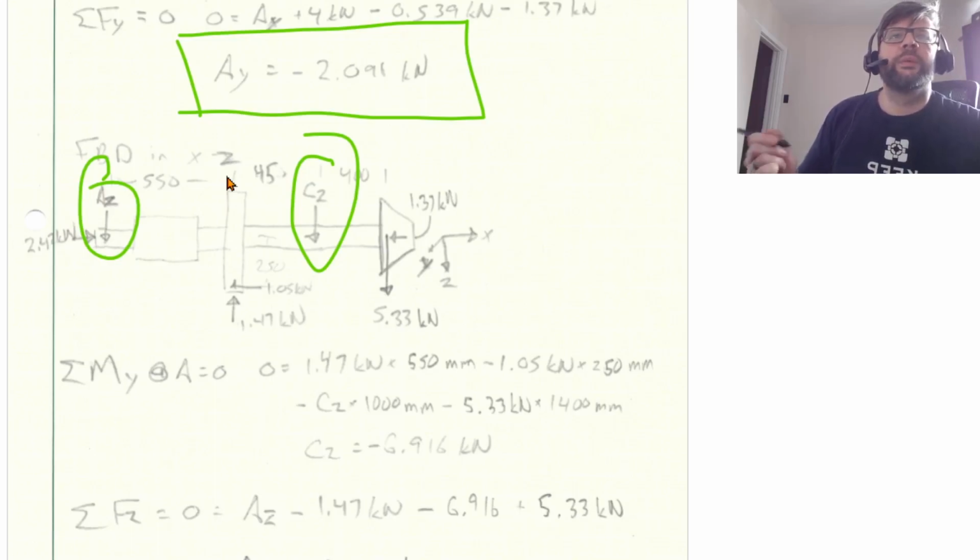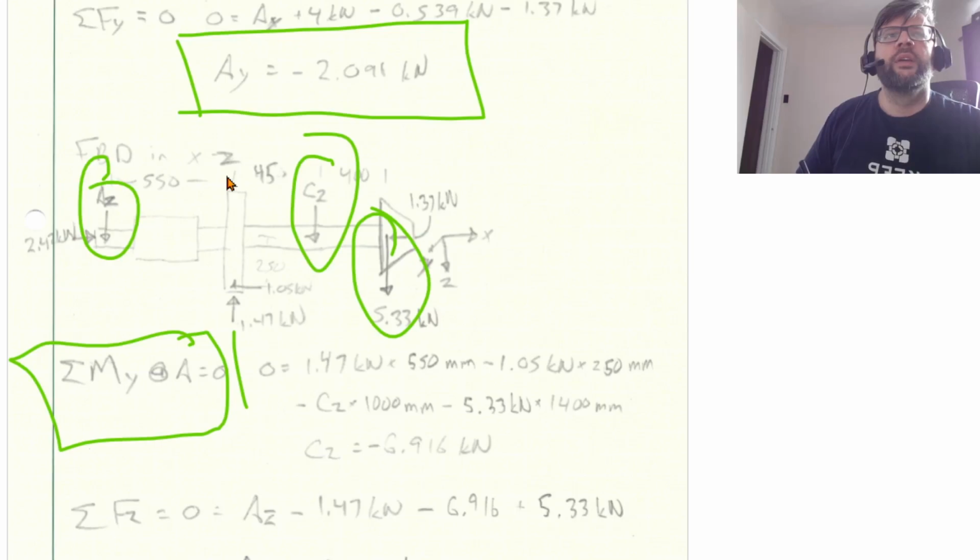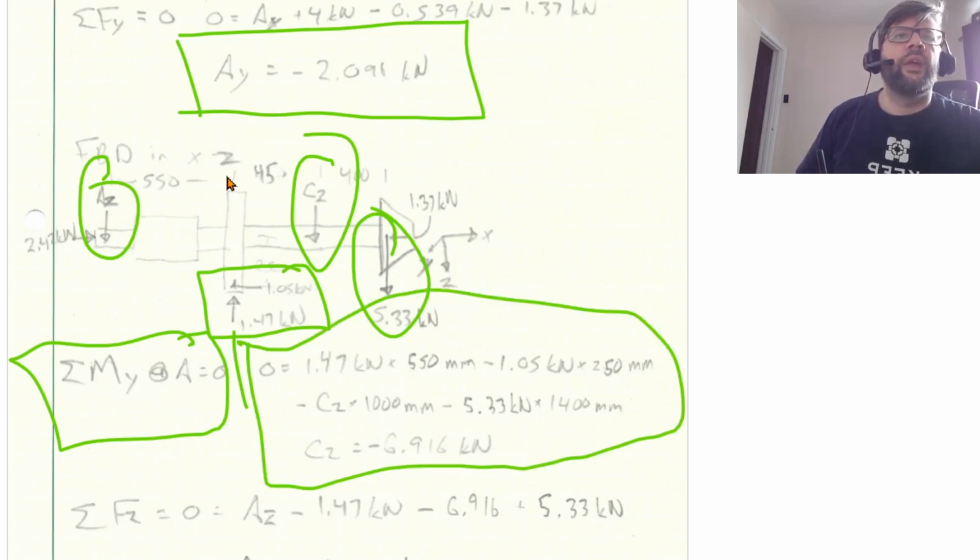So we can solve, same idea, we can solve for what CZ is by taking a moment about the y-axis at A. So again, relatively straightforward. The forces that will show up are the Z component of the force on D, on our bevel gear, and both the X and the Z forces acting upon our helical gear at B. So relatively straightforward. We can solve for CZ as being negative 6.916 kilonewtons. So again, it's actually acting in this direction